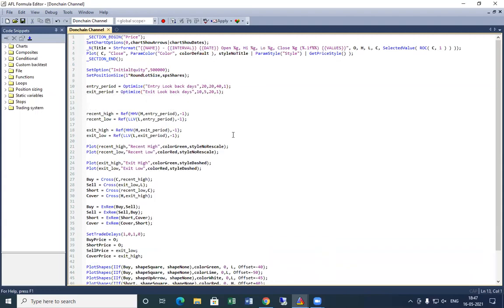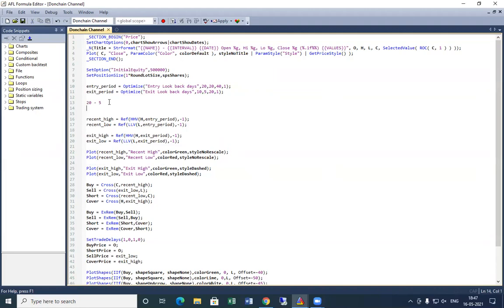Now what AmiBroker does is, it will take the first figure from here, 20, and the first value from here, 5, and will do a backtest based on these two parameters.